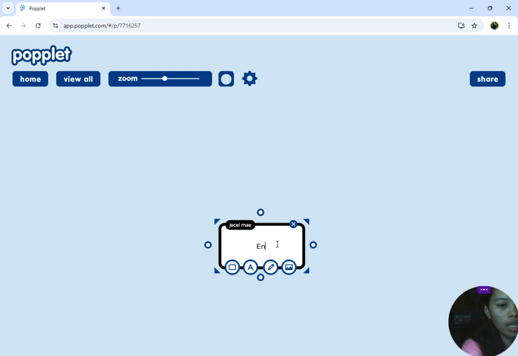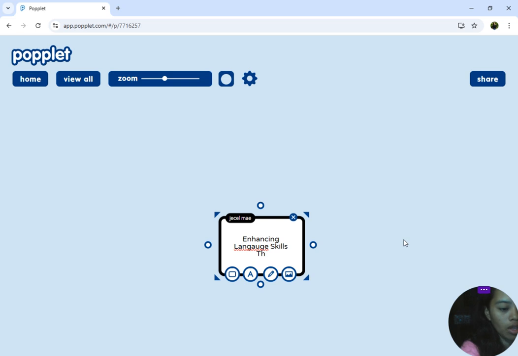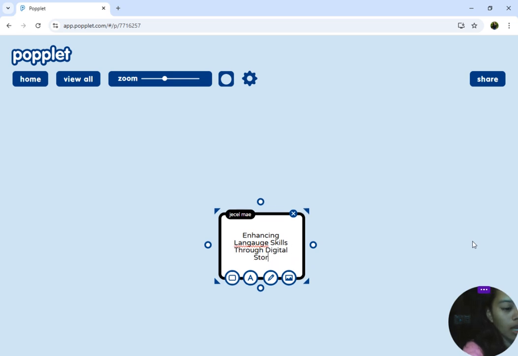So let's put here: enhancing language skills through digital storytelling. Okay, so Padlet is one of the tools of storytelling.